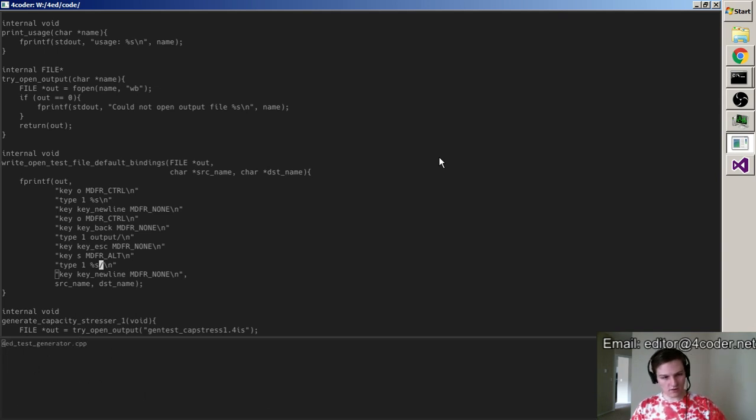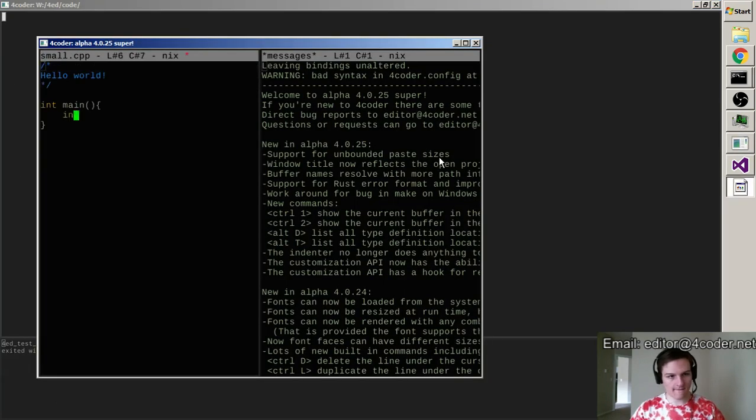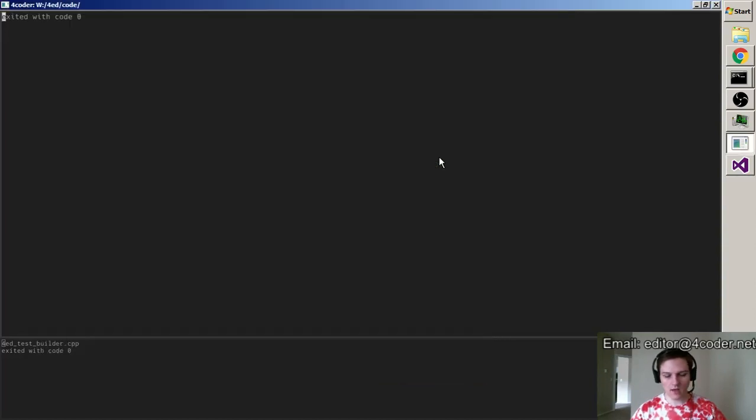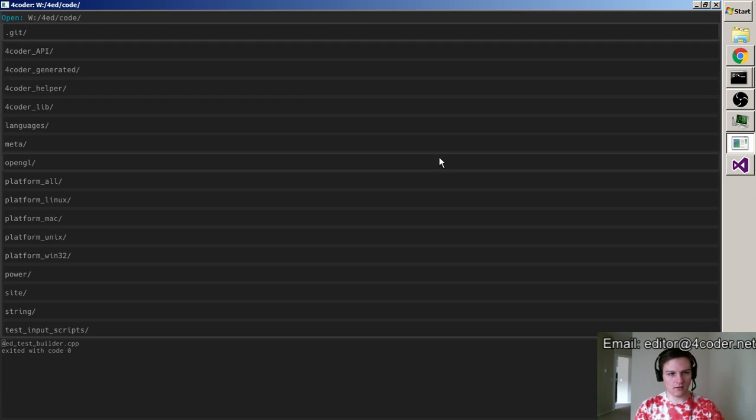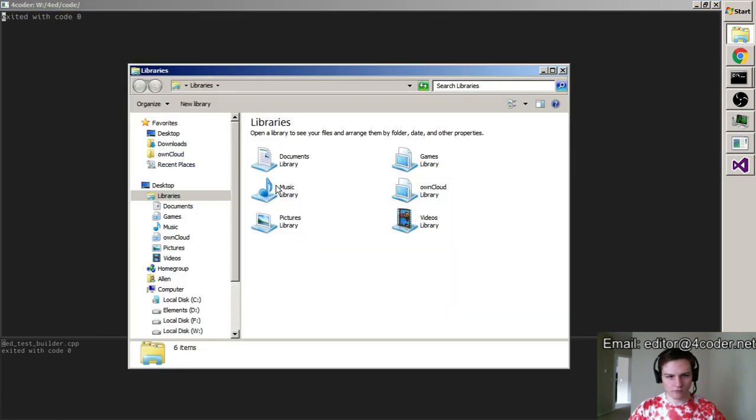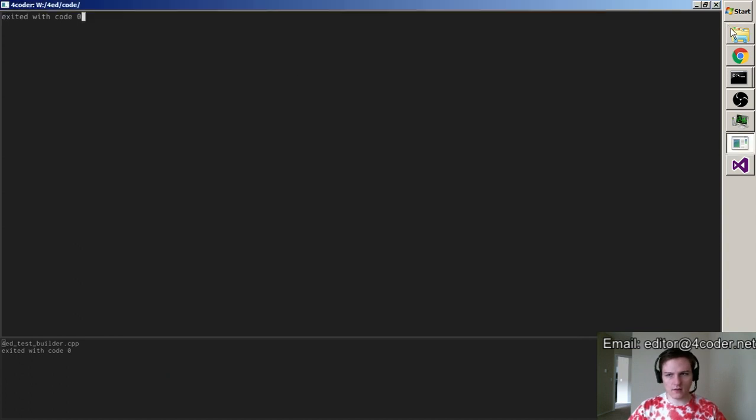Let's try and generate that. Let's try and build it. Let's try and run it. Alright. Interesting. I want to double check that that's in the right folder real quick. And the way we can do that is